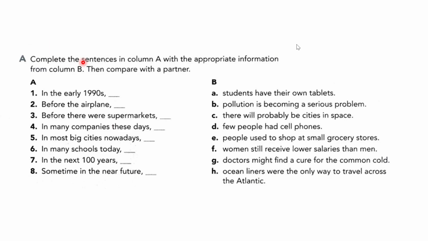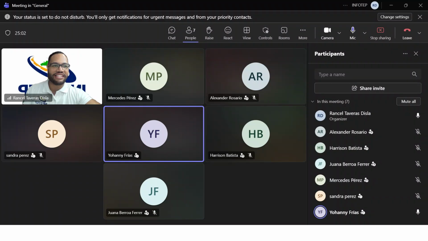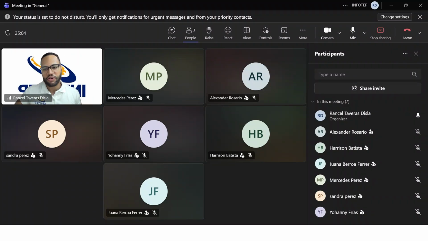I don't think so. I don't think that we will ever find a cure for the common cold because it varies too much. Teacher, maybe we're going to live on the moon. I don't think that that's going to happen either. I mean, let's be realistic. That's impossible. But when it comes to the common cold, it's a virus. And the problem is that every time you have the flu, it's a different virus.